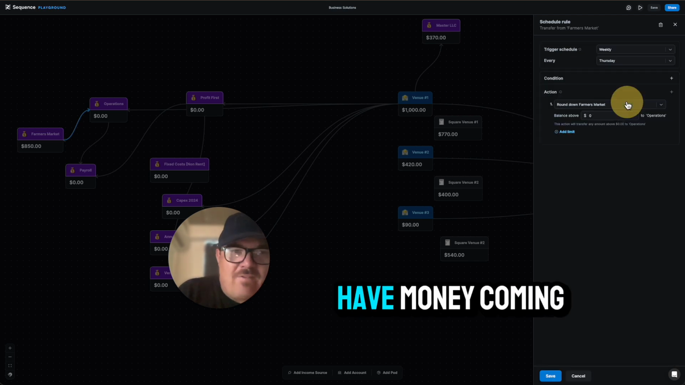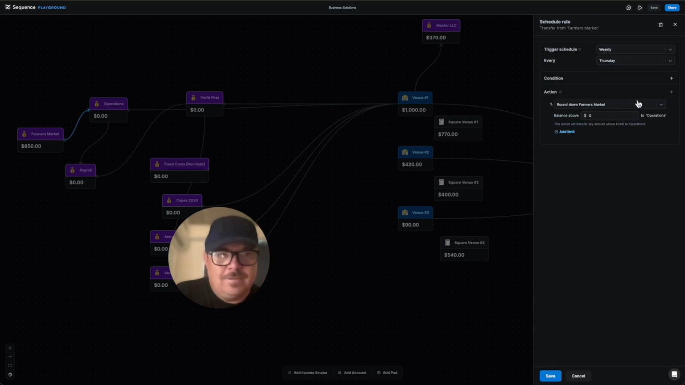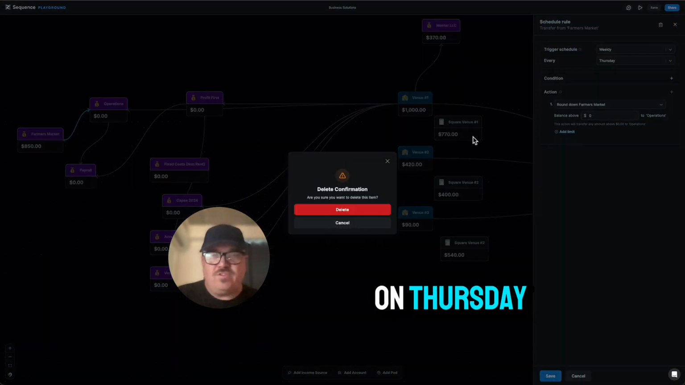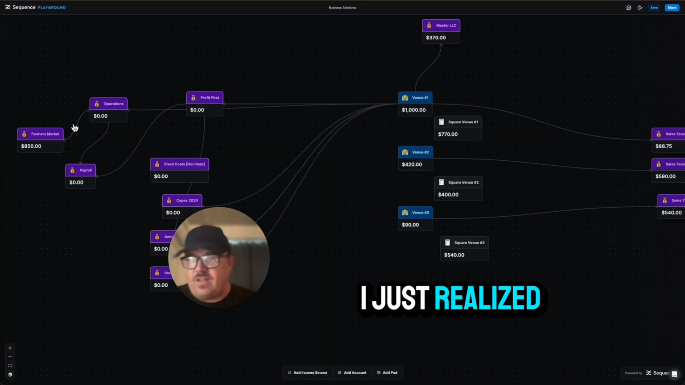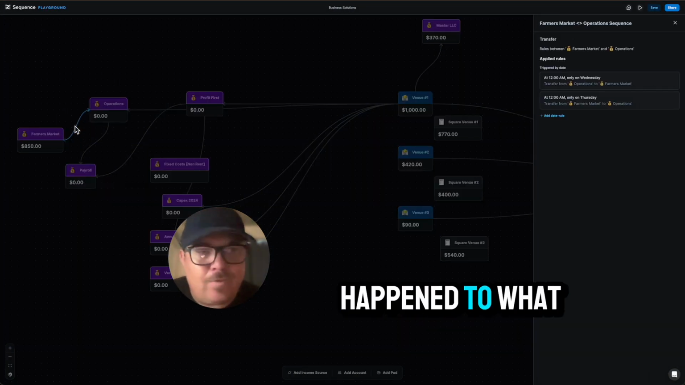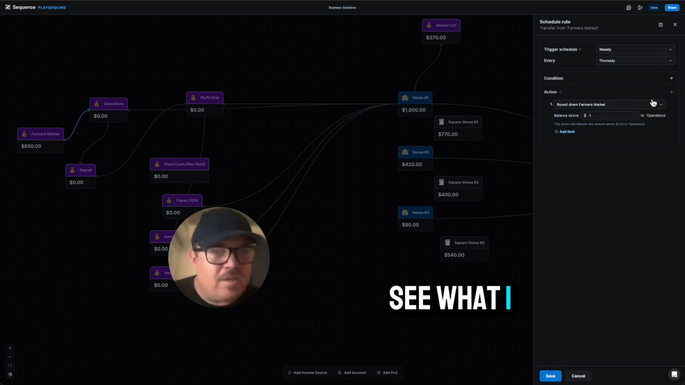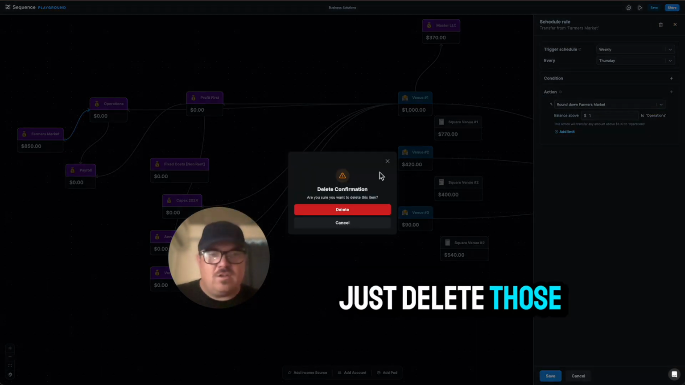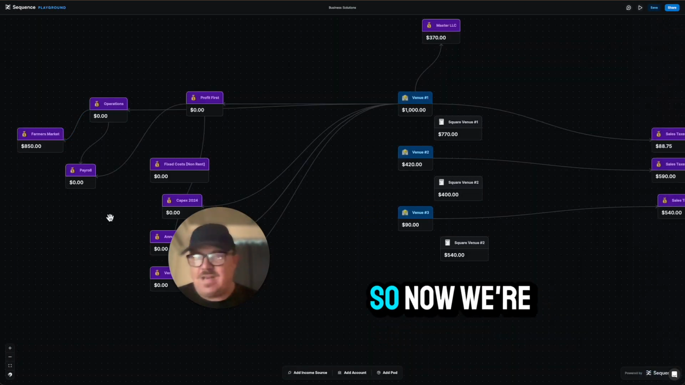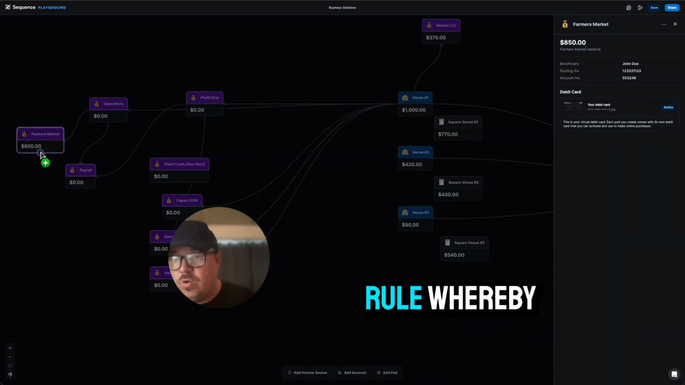And we also have money coming back, and we're rounding down on Thursday. So I'm going to show you that. I just realized, what the heck happened to what I was setting up? And now I see what I did wrong here. So let me just delete those. Yep, and deleted. Okay, so now we're setting up a rule whereby